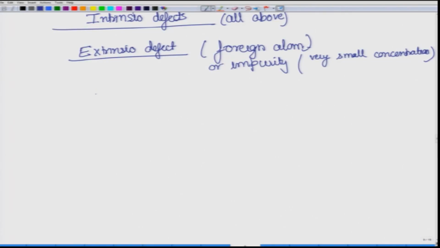Okay, so now here this foreign atom or impurity can be in two different forms. This impurity can be classified in two different ways; basically there are two different ways this impurity can get embedded. One is by forming an interstitial, or it goes into an interstitial site. Other, it substitutes one of the original atoms. So, this will be called an interstitial defect, this will be called a substitutional defect. So, again now that we have talked about it, let me show you what the schematic of it would look like.